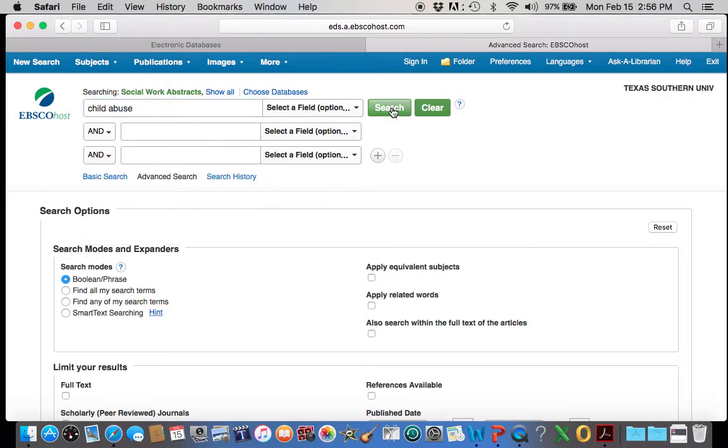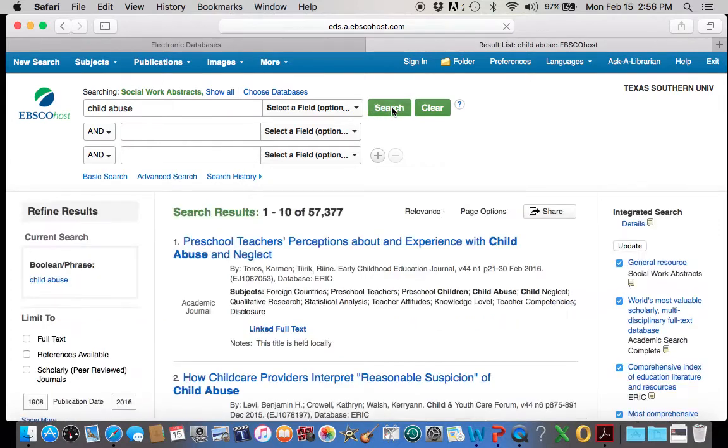Then they click search. This is a problem because this topic is way too broad. When you're searching a topic, even for the purposes of this class, try to narrow down your search to something specific within child abuse. As you can see, simply typing in child abuse, we have over 57,000 articles that came up. That's too many to read through, and so what I'm going to teach you how to do is narrow